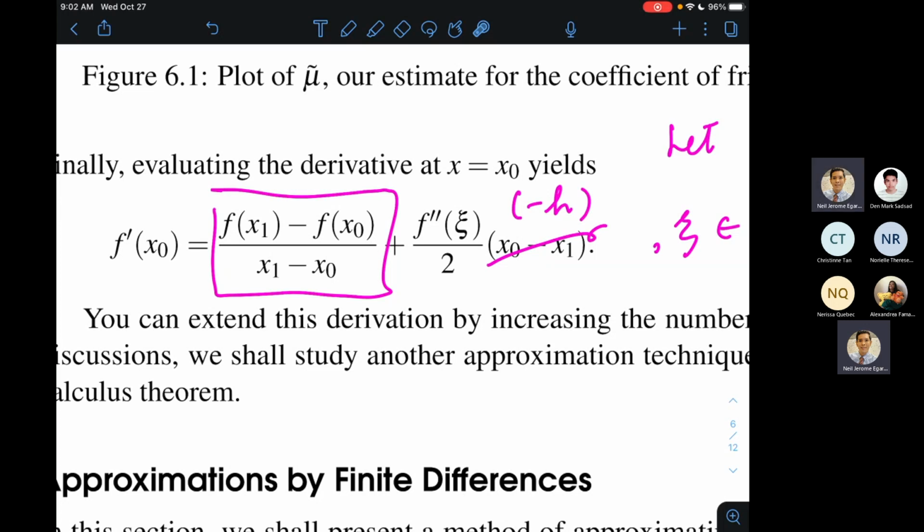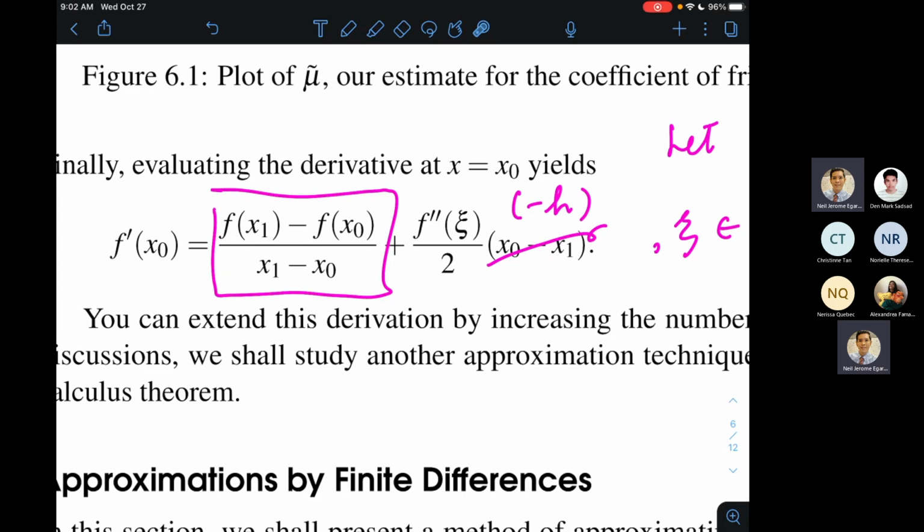Okay? So the problem there is when we make x sub 0 very, very close to x sub 1, tingnan nyo itong denominator. The denominator will also go to 0. And that's a big problem. Because if we ask the computer to do division by something close to 0, there might be some problem there. Okay? Also, sa numerator,